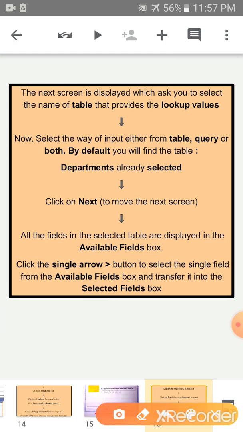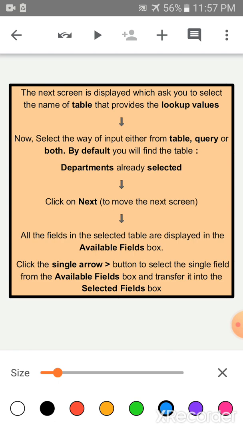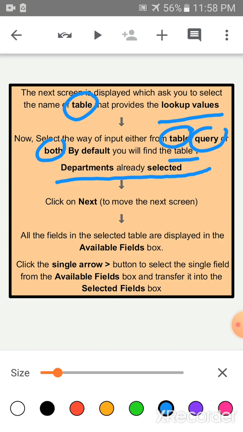Now children, the next screen is display, which asks you to select the table and provide the lookup values. Now select the way input either from the table or queries or both. By default you will find the table Departments already selected.